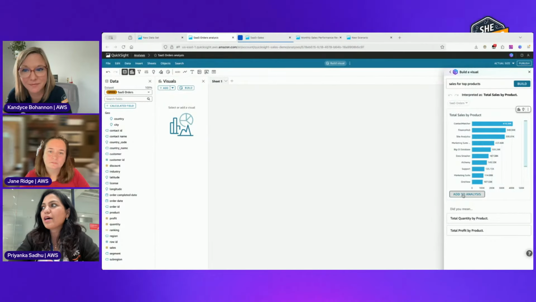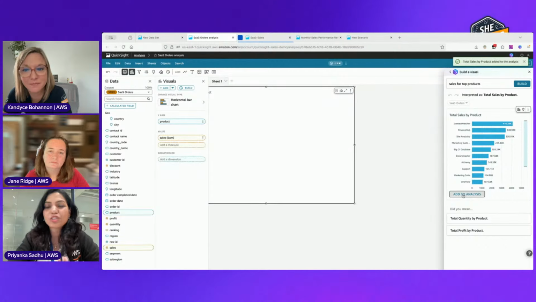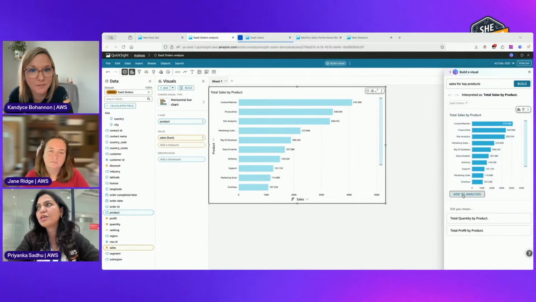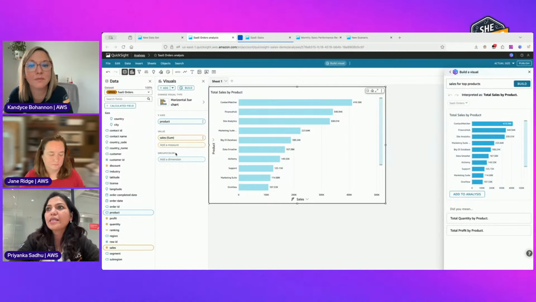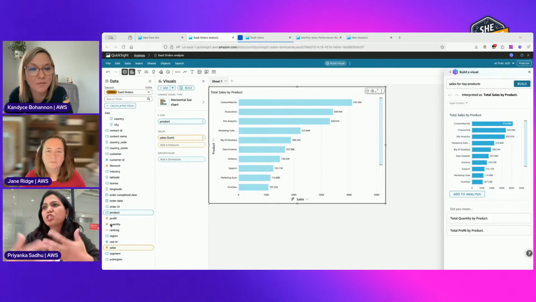As you can see, I'm pretty new to QuickSight. I just looked at the data set and I thought, okay, I should start asking some questions. Now that I've gotten the basic one, maybe I need to understand what is the profit of this. I made some sales, but what is the profit? And as you can see in my data set, I have profit, but I don't have a column for profit ratio or anything like that. And I want to understand that.